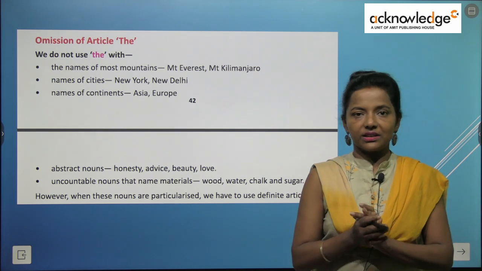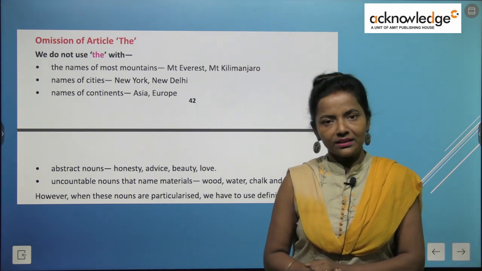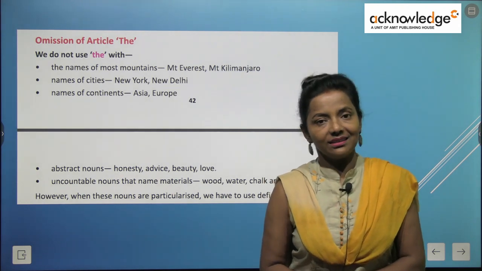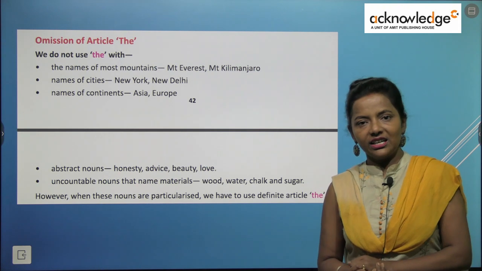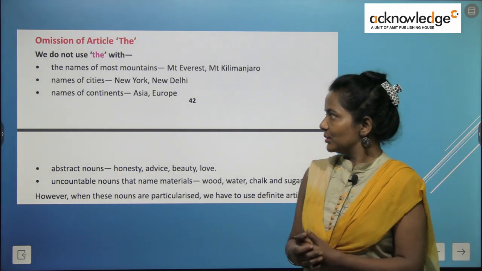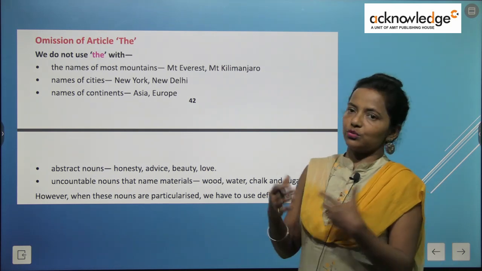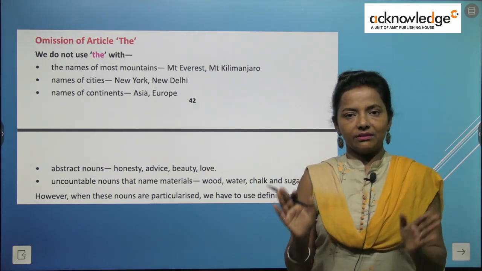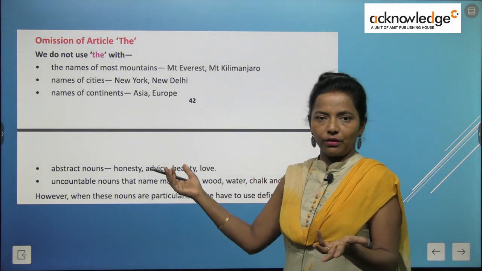नेम्स ऑफ सिटीज, किसी भी सिटी के आगे हम द का यूज नहीं करते हैं। द न्यू दिल्ली बोलते हैं? नहीं, वी स्पीक ओनली न्यू दिल्ली। न्यू दिल्ली, मुंबई, चेन्नई, न्यूयॉर्क। ओके, एंड नेम्स ऑफ कॉन्टिनेंट्स, जितने भी कॉन्टिनेंट्स के नाम हम लेते हैं उसमें भी हम ओनली राइट द नेम, वी डोंट यूज द देयर। एशिया, यूरोप, फाइन।